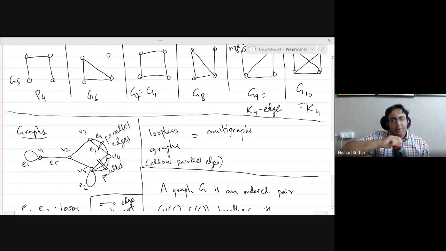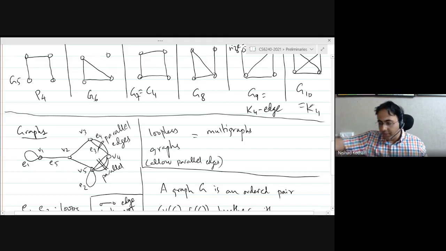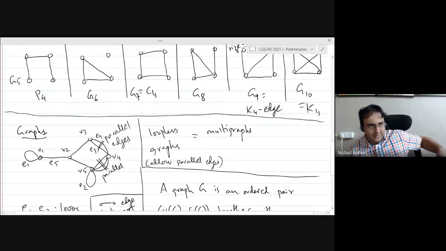So you're talking about directed graphs, right? So in directed graphs, it would make sense. Of course, in this course, we won't be talking about directed graphs, but since you already know, you're saying that in a directed graph, it would make sense because the pairs are ordered. But why should we consider parallel edges in undirected graphs, right? Okay. So let's see. How do I answer this one?